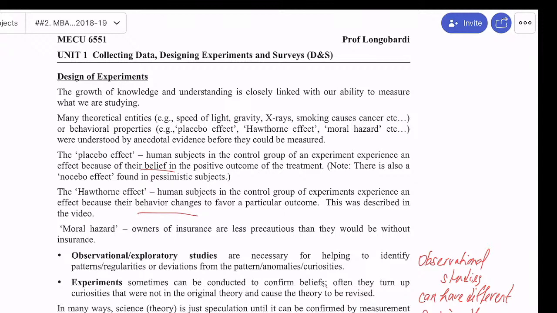So, just like the placebo effect and the Hawthorne effect, we know they exist because we see control groups changed behavior without even having actual treatment imposed. In non-natural type of experiments,